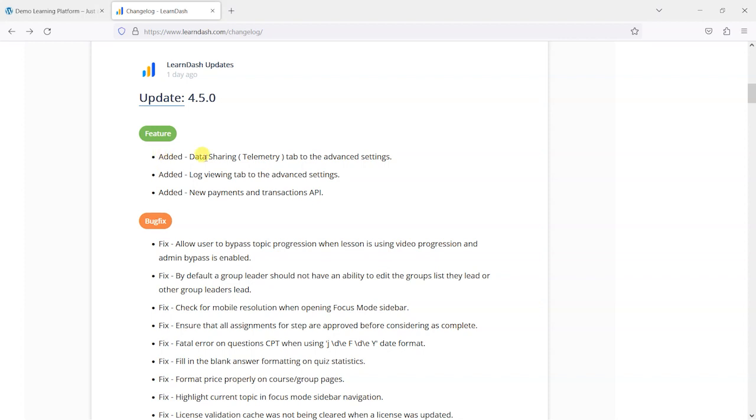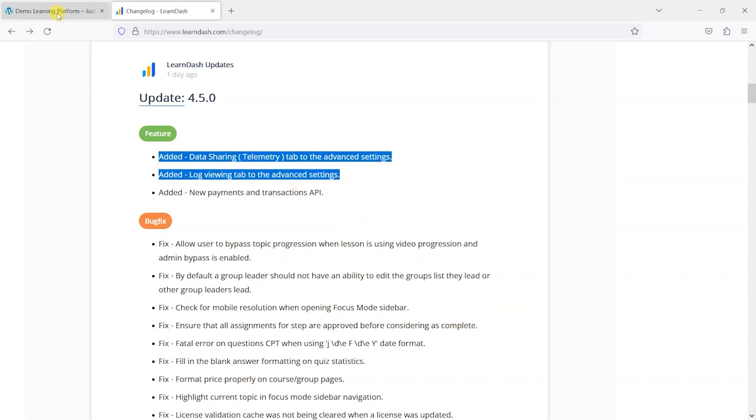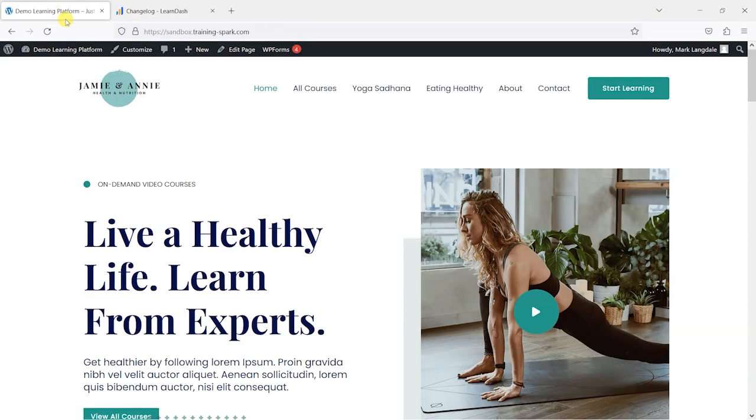What we wanted to do was just show you some of these features quickly. So they've added this data sharing and these logging options, as well as a new payments and transactions API. So in this video, I just wanted to show you these top two. The API, they don't seem to have a huge amount of information on, and it's quite an in-depth feature, that one. So these are ones that you might be more likely to see and potentially use in your day-to-day use